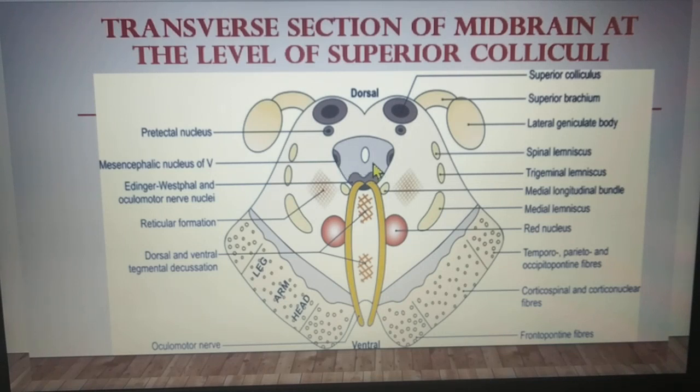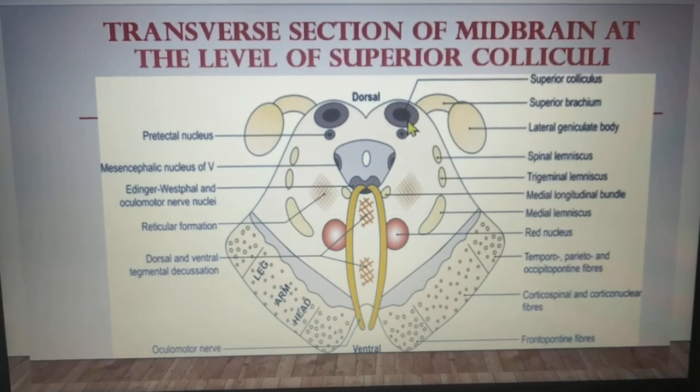The next grey matter component we see is the superior colliculus. We have already seen, in this diagram also, we can come to a conclusion like eyes, something related to the eyes. This is going to take sensations from the eyes. So the superior colliculus will be a station where certain afferent fibers will reach and certain efferent fibers will be going out.